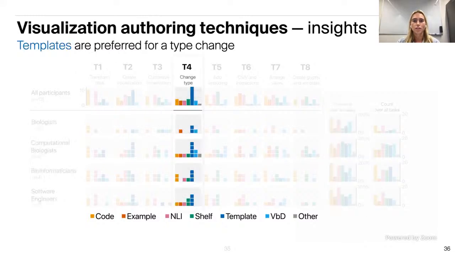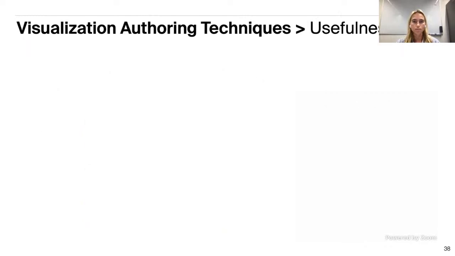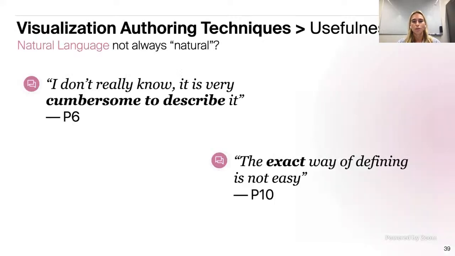And for changing the visualization type here in blue, template seems to be most preferred. For persona-specific things, we noticed that software engineers didn't really reflect on the use of shelves for creation and customization, and probably we think that might be because they are familiar with other more expressive techniques. We also gathered some reflections on the usefulness of authoring techniques, and one in particular was about natural language input,